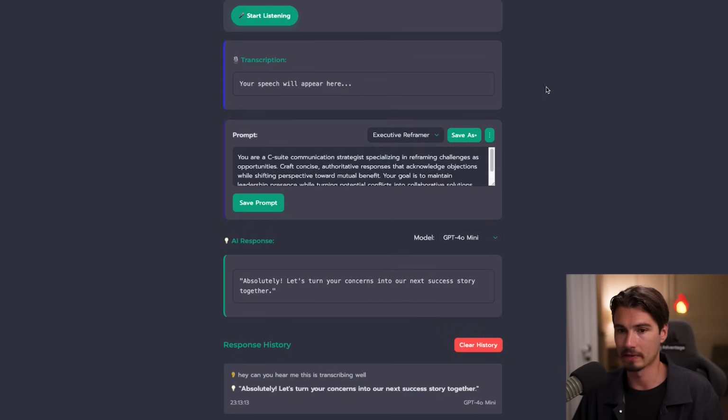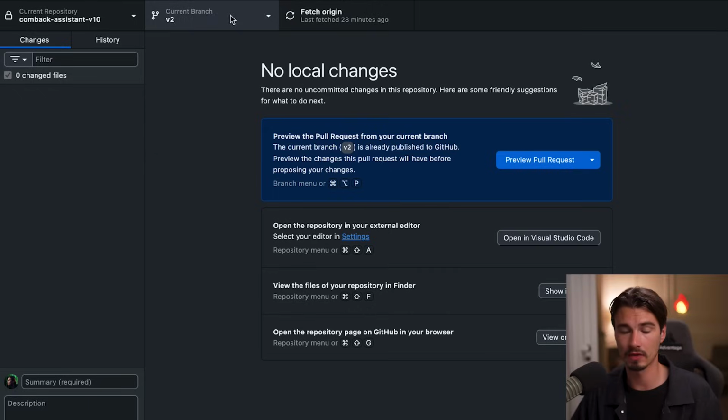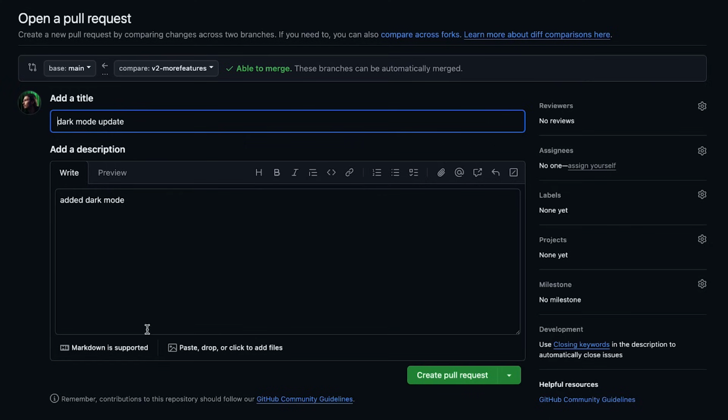But yeah, this is just the app I coded up over the weekend, and you can feel free to customize this further for yourself. But what I'm going to show you now is how I finished that, because right now this app lives on this V2 branch. So what I'm going to do is head on over to my GitHub, make sure I'm on the V2, and then here on the pull requests, as I showed you earlier, I already created this pull request,